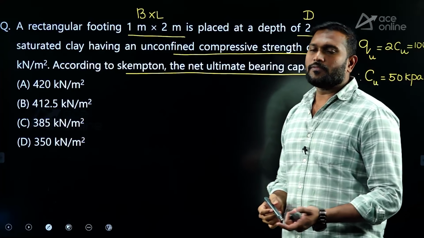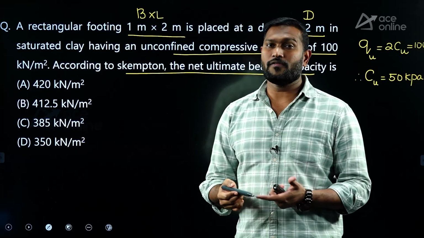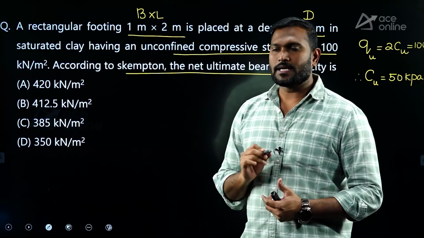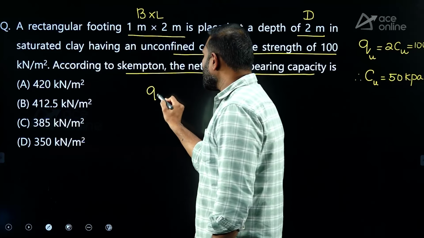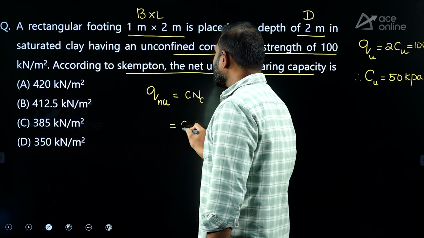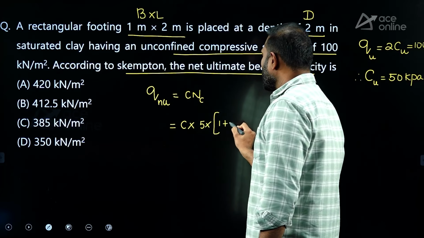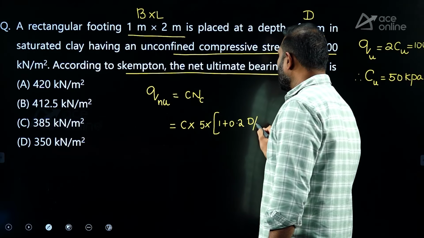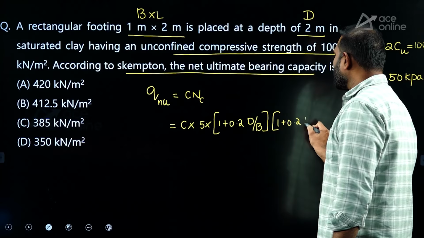Mind you, in the case of bearing capacity, there are various types of theories: Terzaghi, Prandtl, Rankine, Meyerhof, and one of the theories is Skempton. Skempton theory is exclusively for clays only, and he mentioned that the net ultimate bearing capacity is nothing but C into NC, and that C into NC is 5 into 1 plus 0.2 D by B into 1 plus 0.2 B